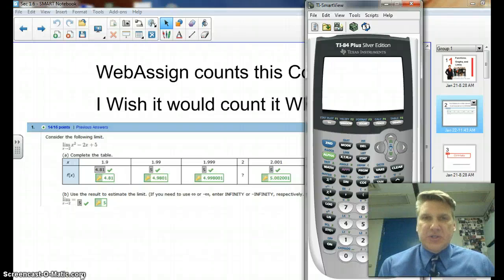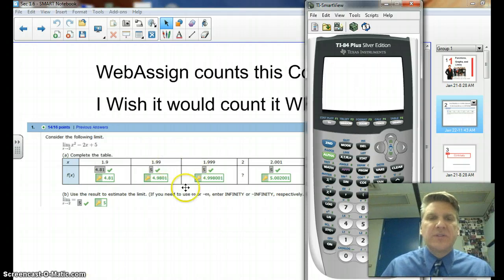All right, I was looking at a student's homework assignment from section 1.5 and I noticed that they were actually doing something incorrectly, that WebAssign was counting correctly, and it has to do with rounding the decimals when finding the limit. And I want to teach you how to be a little bit more accurate when you're finding these green correct solutions. Looks like this student was choosing answers like 5 because this green 4.9801 rounds to 5 and WebAssign